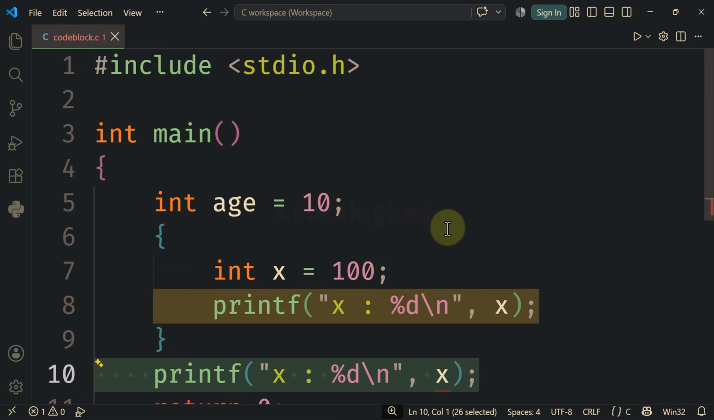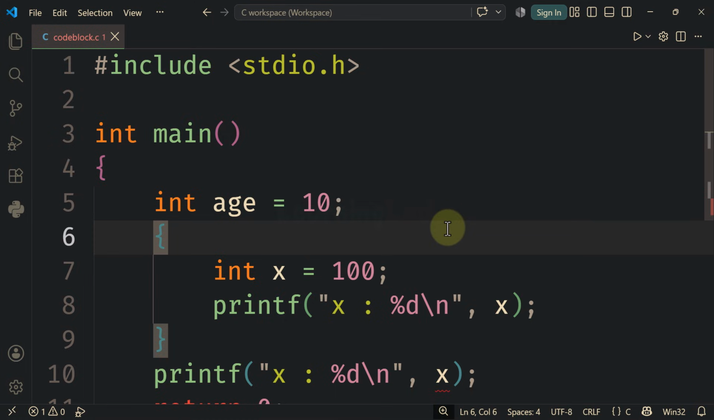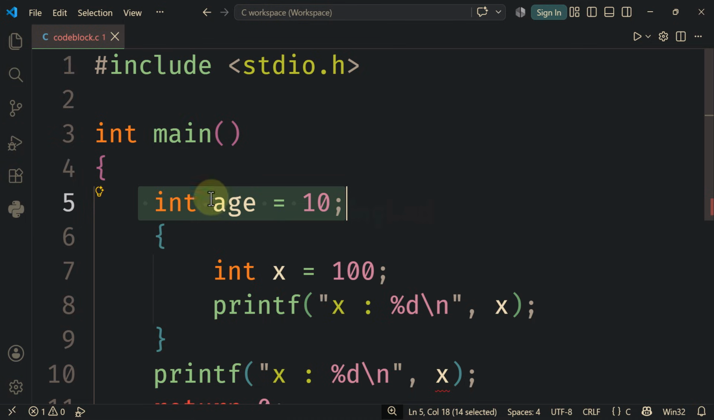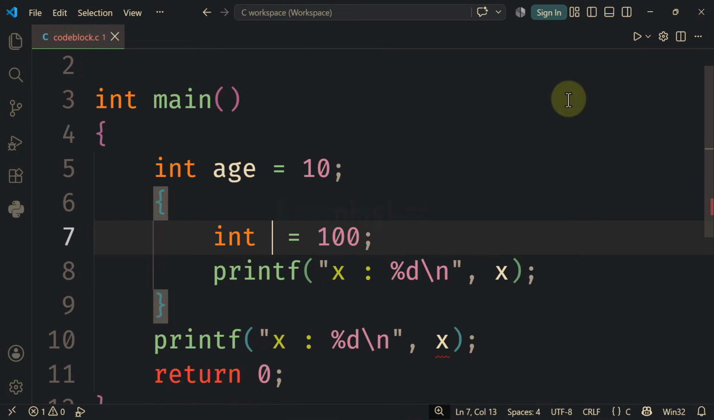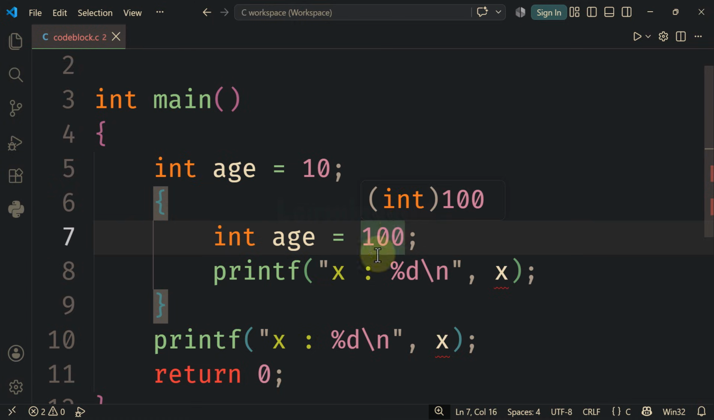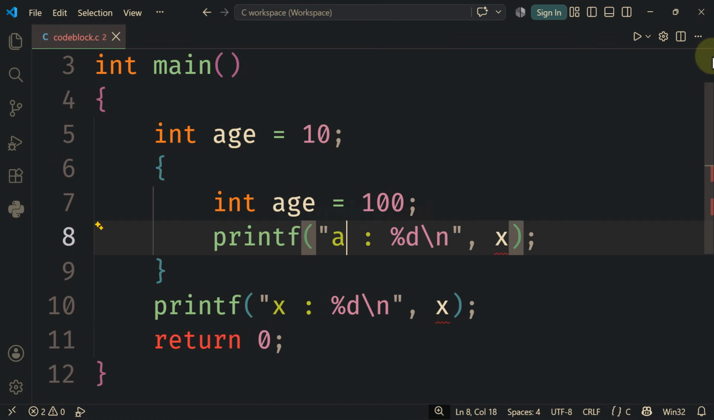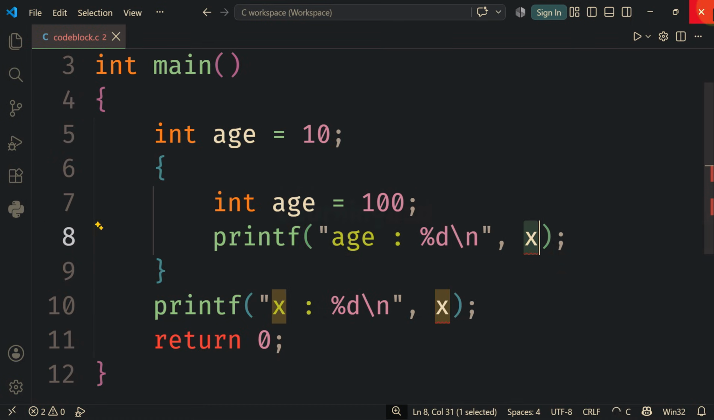Now the next thing that I want to discuss here is variable shadowing. What it means is, here in this code block, I have this variable called age with a value of 10. In this nested code block, if I want, I can create the variable with the same name. For example, I will write age again with a value of 100. So let us access this variable